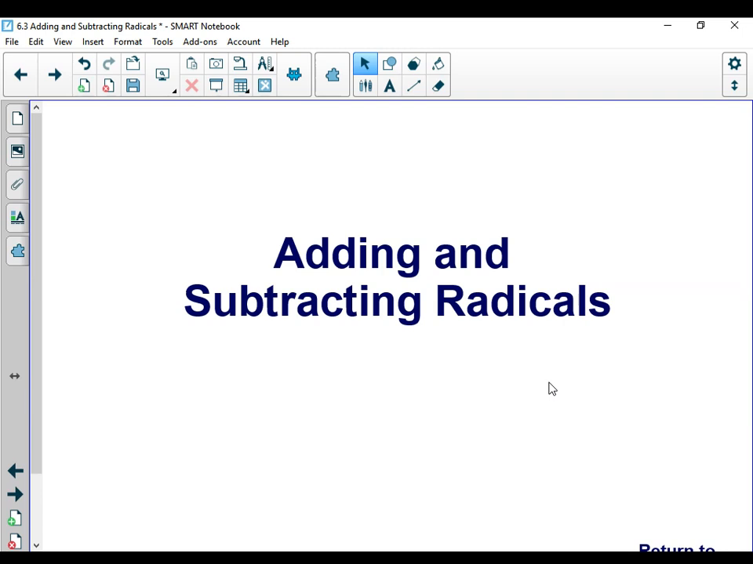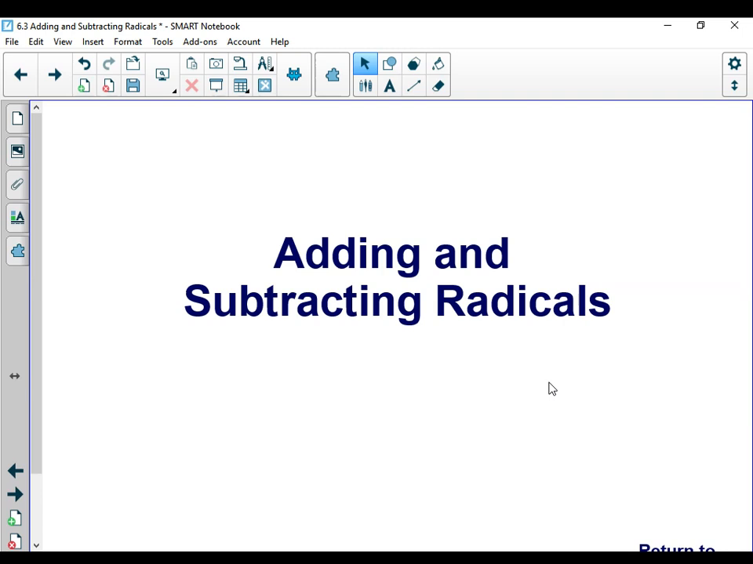So adding and subtracting, pretty straightforward. At the end of the class today, we're going to combine everything from yesterday and today. So if we'll put phones and games away, please. Okay. So